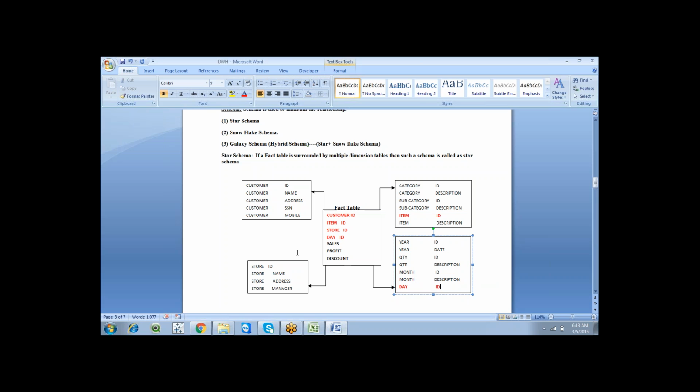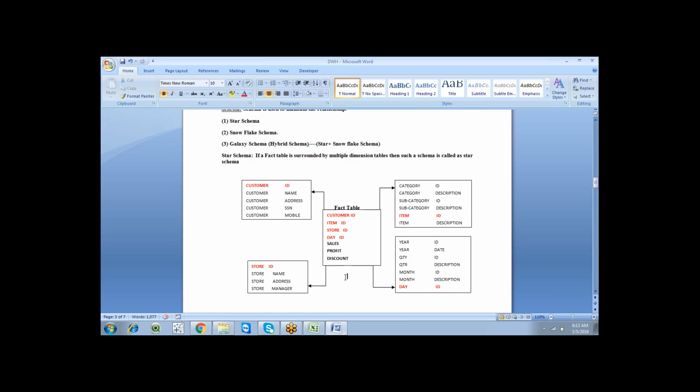So day ID, and we have a store ID. So we place one key column from the store table, and we have customer related information, so customer ID. So now you can see this is the star schema.